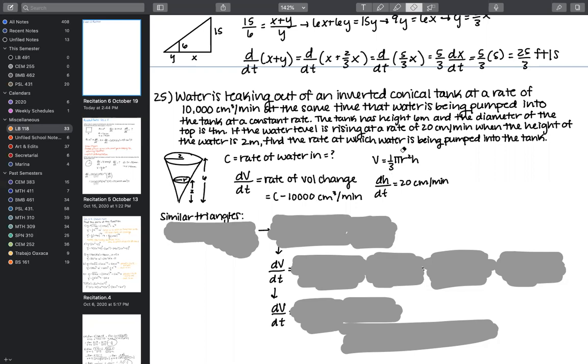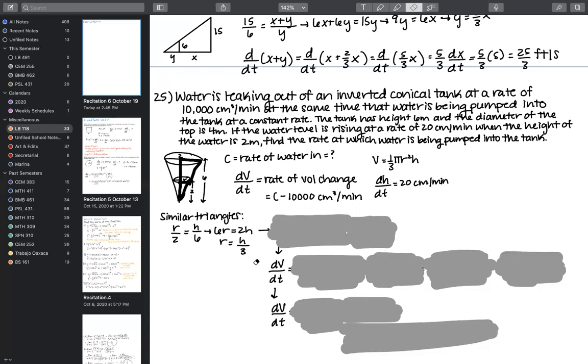But what we need to focus on is dV/dt in the classic sense, where we're going to take the volume equation and crank it out like we normally do. With most cone problems, you're going to have a similar triangle situation. The similar triangles are like that and like that. They share angles, and so we're able to say that they're proportional. And so we get r over 2 is equal to h over 6. I'm not going to explain too much about that. If you need to, go and look at the recording later. It's pretty self-explanatory, but I understand that if you don't have a wrap on it right away, I'm breezing through this pretty quickly. And what we get from that is that r is equal to h over 3.